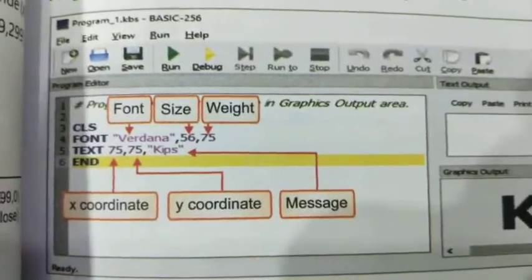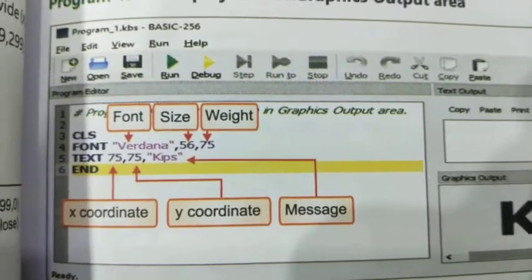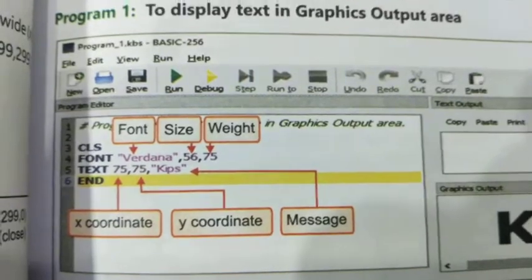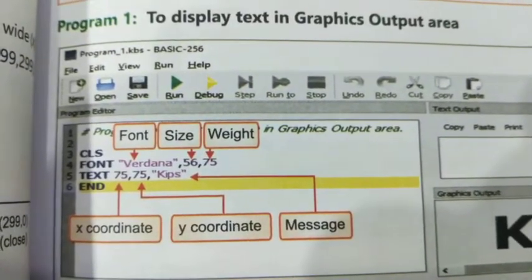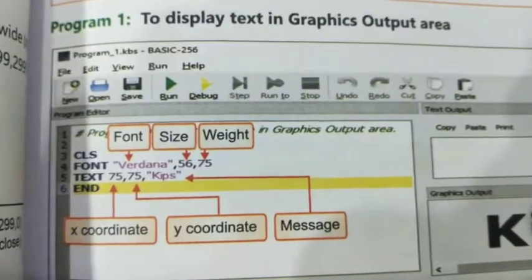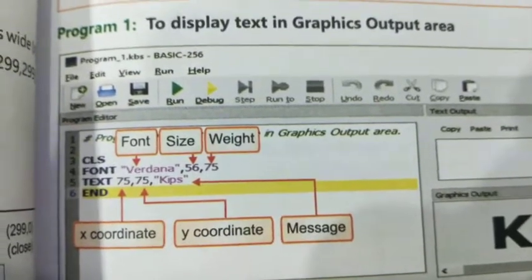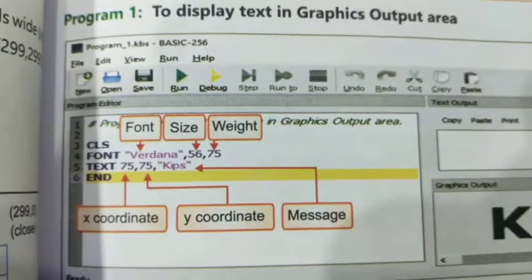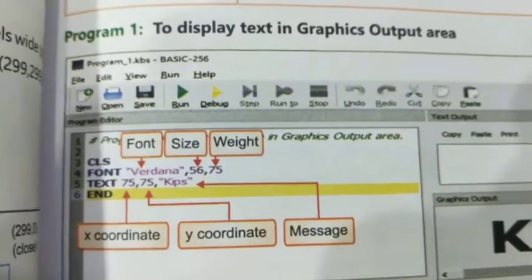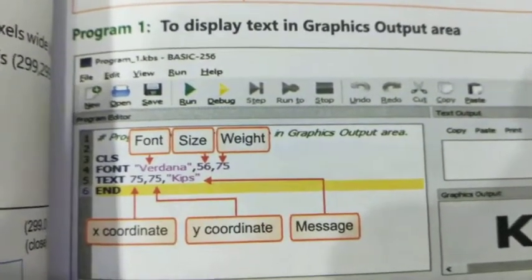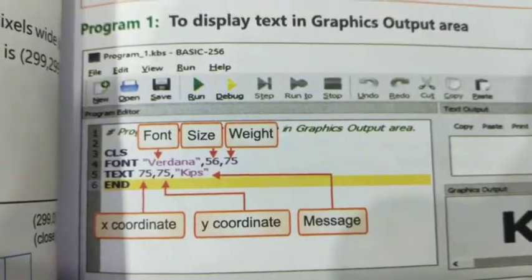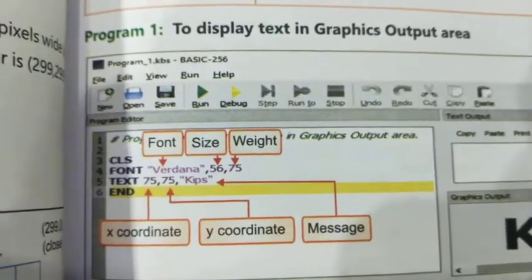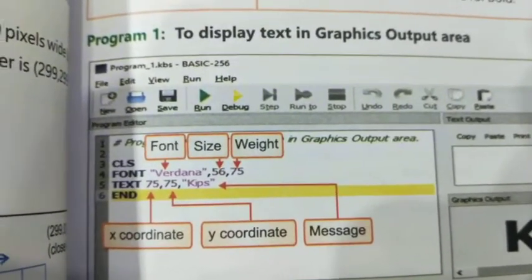The main thing I want to mention is that if this BASIC256 is not on your computer, then you cannot use all these commands. So first of all, you have to install BASIC256 on your computer, then only you will be able to make the programs of all these graphics.